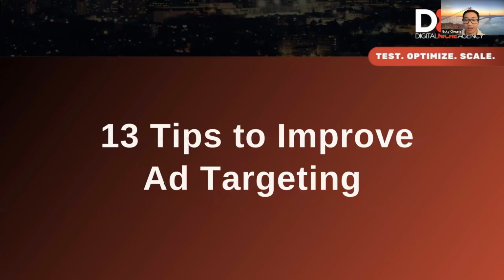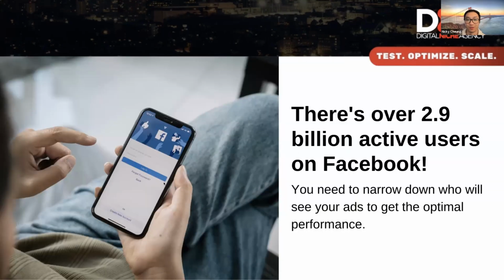Yeah, and I do want to echo that, Jason. There's a lot of people on Facebook. 2.9 billion. That's actually daily active users on Facebook. Excuse me, every day, 2.9 billion. That's a lot of people, right? And you might have run Facebook ads and think maybe your audience is not on Facebook. No, they're on Facebook for sure, right?